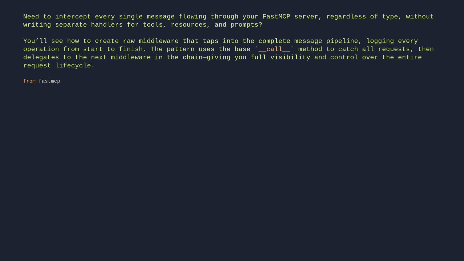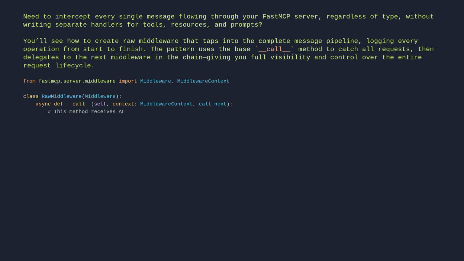From fastmcp.server.middleware import Middleware, MiddlewareContext. class RawMiddleware(Middleware): async def __call__(self, context: MiddlewareContext, call_next): # This method receives all messages, regardless of type. print(f"Raw middleware processing: {context.method}") result = await call_next(context) print(f"Raw middleware completed: {context.method}") return result